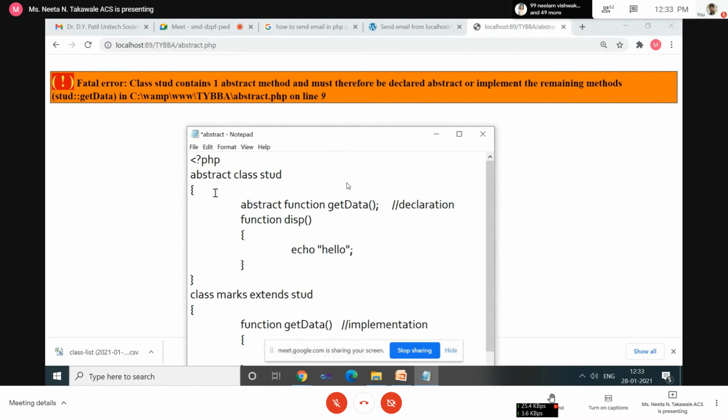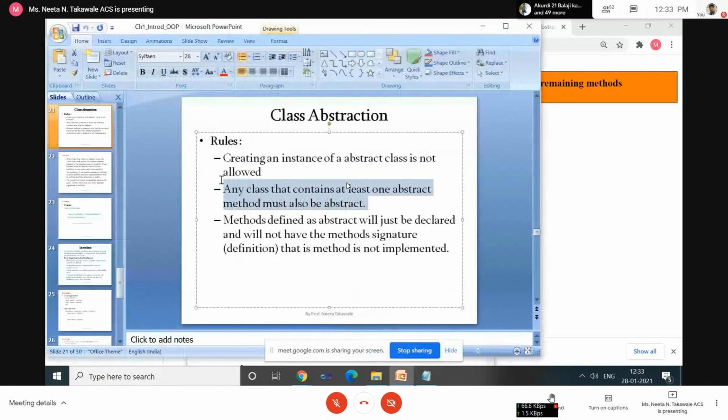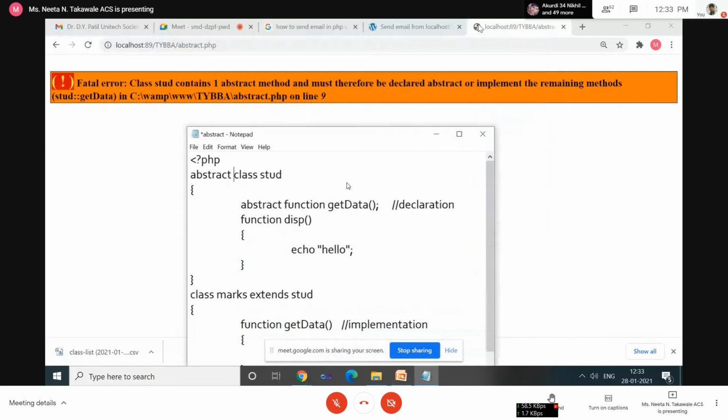Okay, clear? Second rule. Any class that contains at least one abstract method must also be abstract. Okay, so here the student class you cannot declare without the abstract keyword because it is having one abstract method. If you are declaring it, then it will give such an error message.